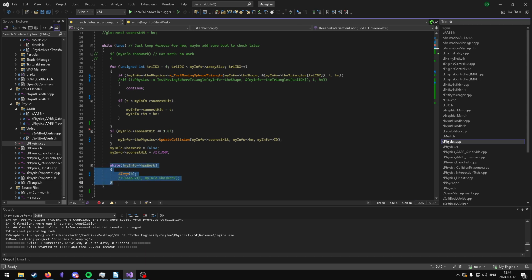So here's where it goes when it doesn't have any work, and once it has work, it exits here and it goes back up here. And it loops through the triangle array that it's given, and it calls this test moving sphere triangle function, which will return the soonest time that the sphere hits a triangle and the hit normal. And then very simply, it maintains, through this whole thing, the soonest hit. And then if it's less than or equal to 1.0, which is the end of the update frame,